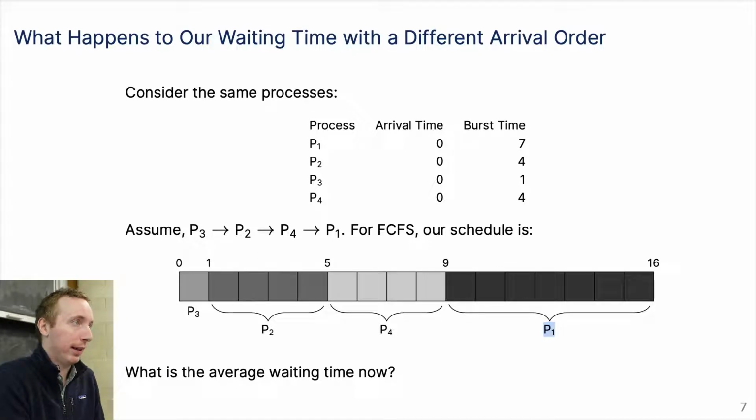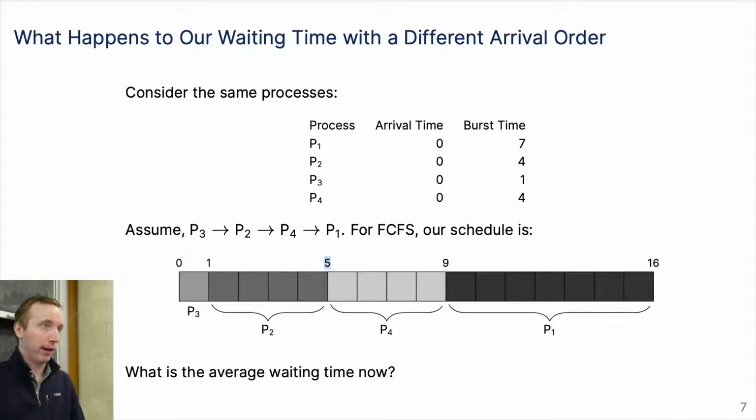Now when I look at the average waiting time, it's the waiting time of all the processes divided by the number of processes. The waiting time for P1 is 9 time units, right? It started at T equals 0 and didn't start executing till T equals 9. P2 waited for only 1 time unit. P3 waited for 0 time units because it executed immediately. And P4 waited for 5 time units before it started executing. So the average waiting time, if you add 9 plus 5 plus 1 plus 0 divided by 4, that's